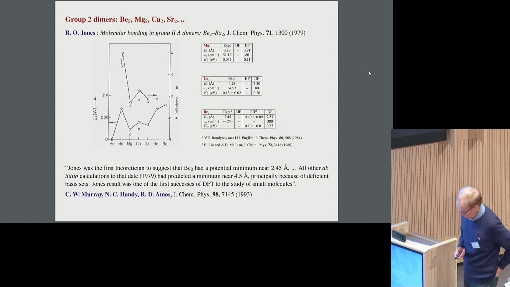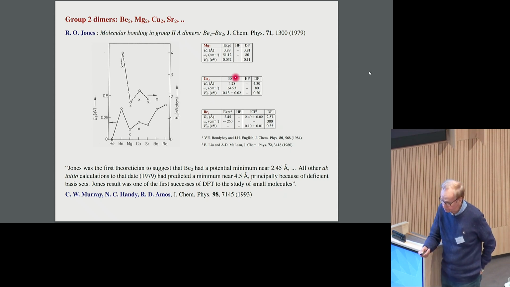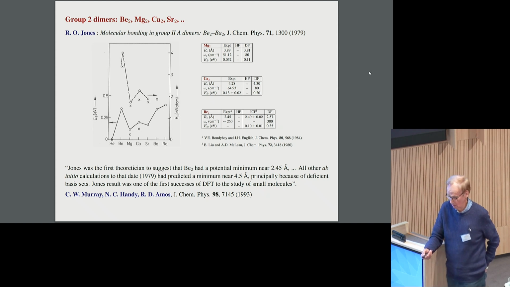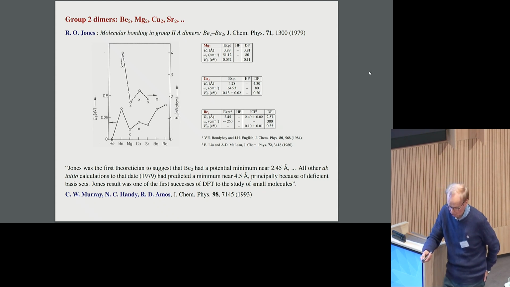So these results were really quite astonishing. Now, the molecules magnesium-2 and calcium-2 were known, and we can look at the results here. You can see a really reasonable description of magnesium and calcium, excepting that the binding energy is overestimated by the local density approximation, which is something we had expected and which is something we got.